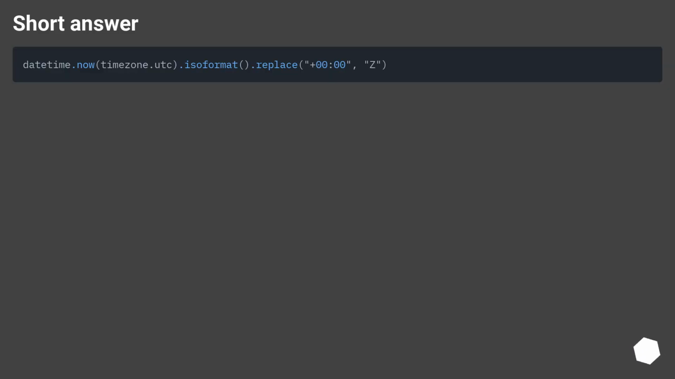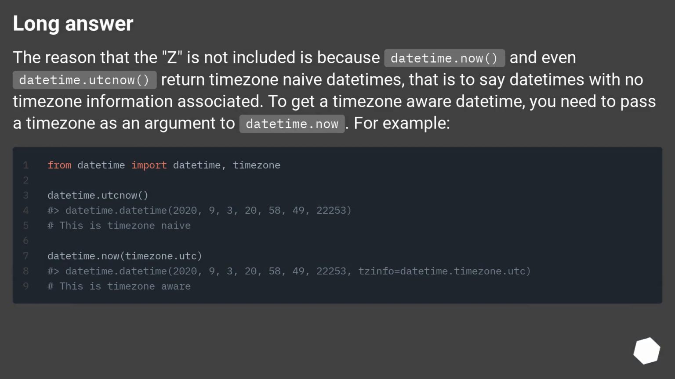Short answer. Long answer. The reason that the Z is not included is because datetime.now and even datetime.utcnow return time zone naive datetimes, that is to say datetimes with no time zone information associated. To get a time zone aware datetime, you need to pass a time zone as an argument to datetime.now. For example,